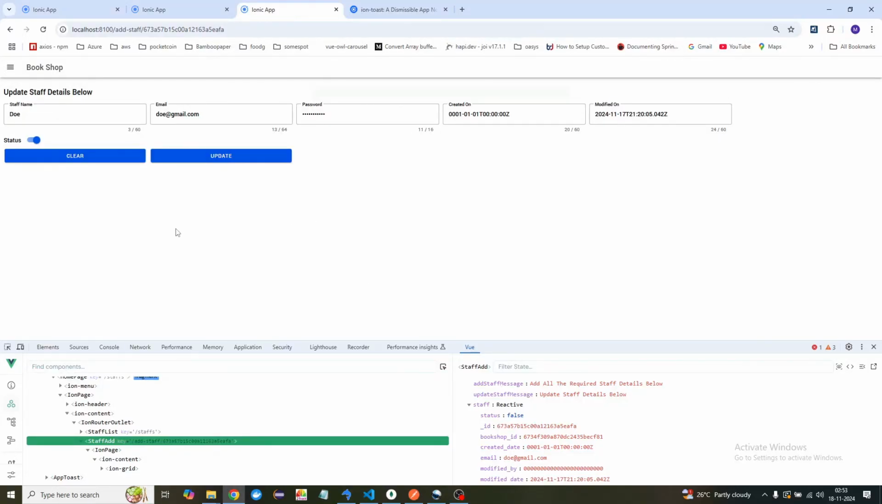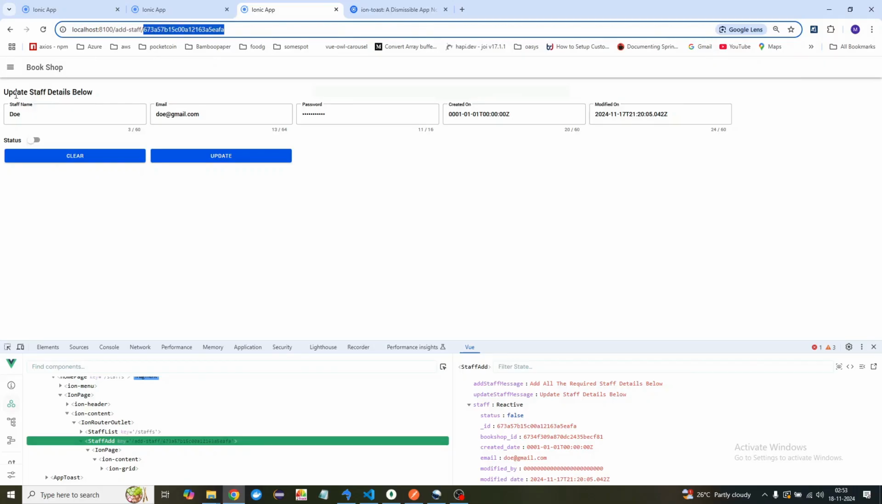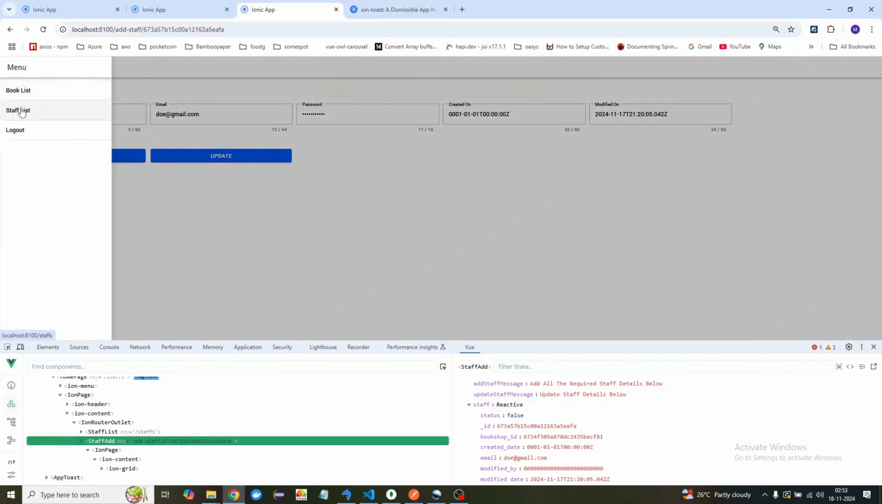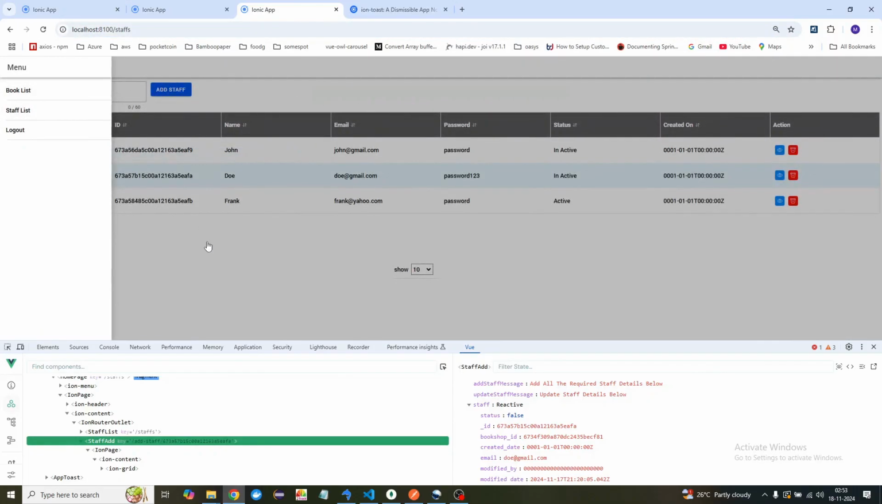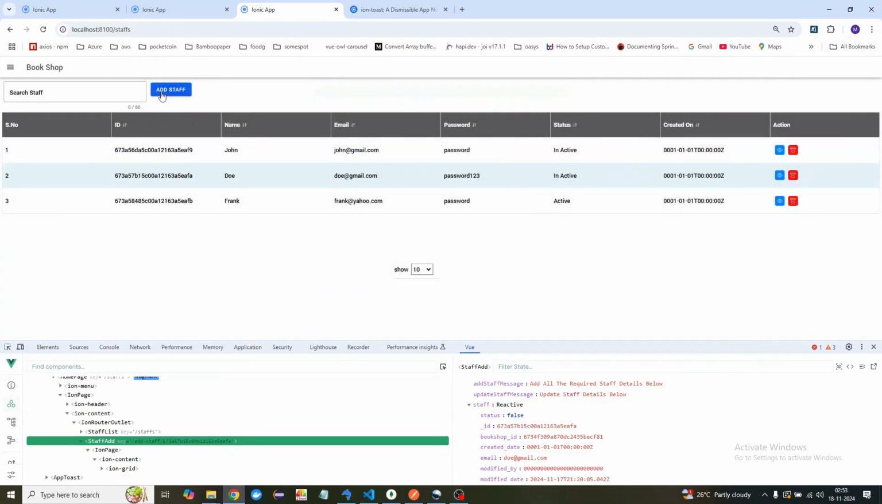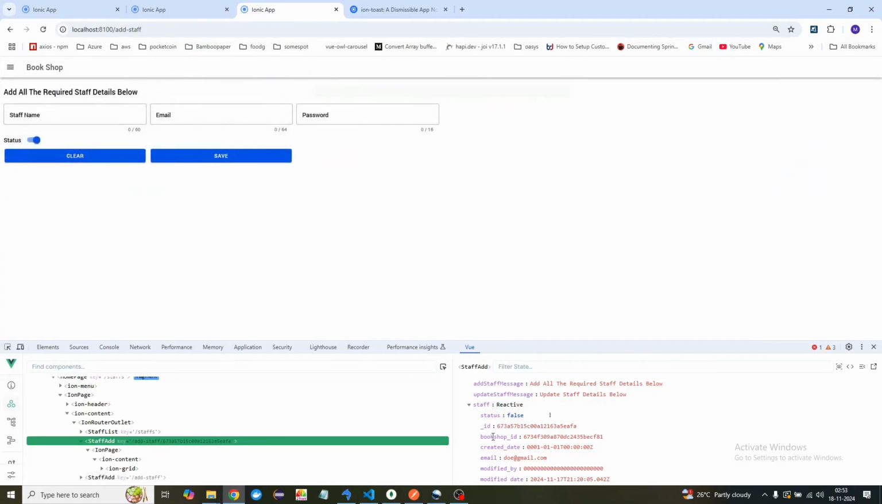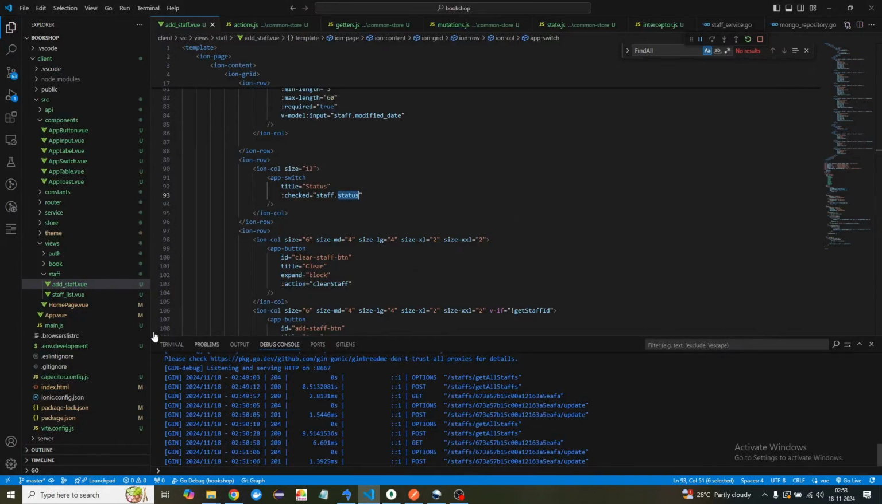For that, let's go back to the UI and press this once more. That is not working, right? And let me just go back to the staff list page and add a new staff, and let's see if in that case it is working fine or not. So I clicked on add staff, and you can see by default it is active, and here status is always false. That means this value is not getting bound in two-way. Okay, so we need to modify this,